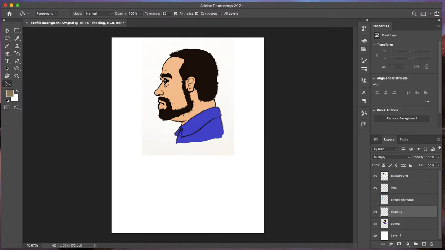A quick tutorial over how to add shading in a digital atmosphere. This is Digital Shading 101. I've got a portrait here that I've been working on, and this is what we're going to be using as our example. First thing I'm going to do, of course, is make sure, number one,